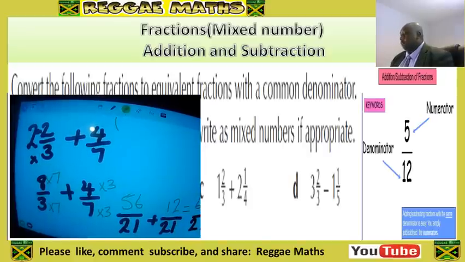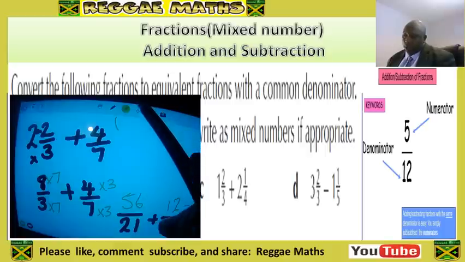Now, that's a top-heavy fraction. At this stage here, you need to divide. So how many 21s can go into 68? So straight away, when you're looking at your multiplication, you should look at 3 times 2. That's 6. So 3 times 20, that's 60. So 3 times 21 gives you 63. So you know that it's going to go in,